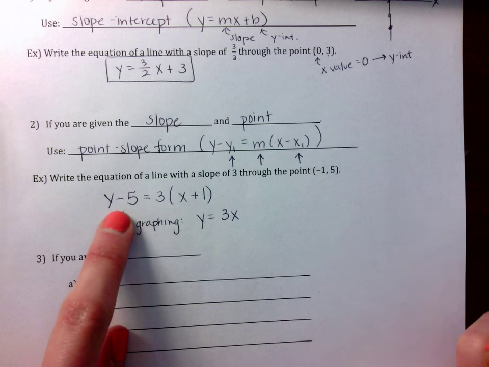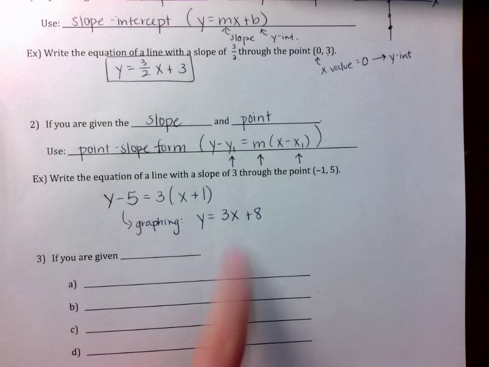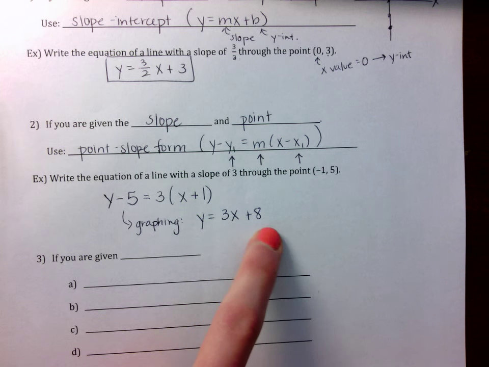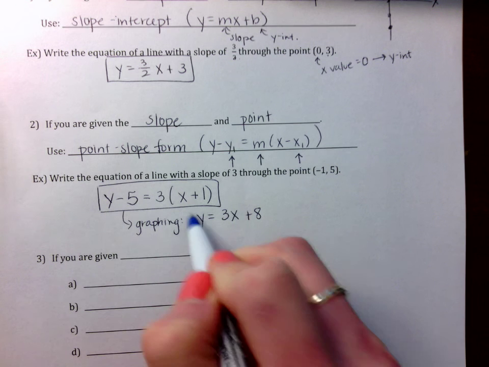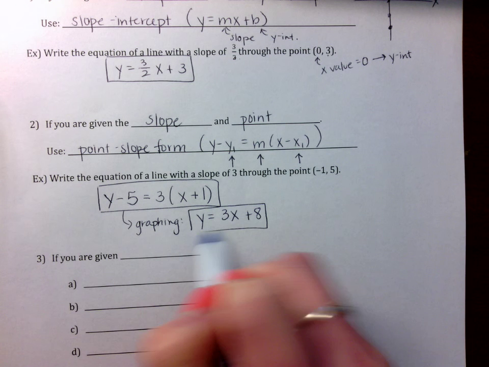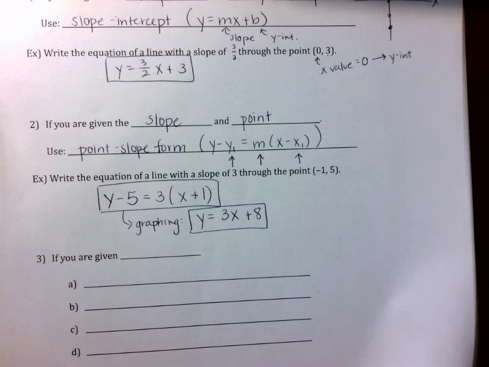Then I'd have to add plus 5. That becomes plus 8. So from this, we know that our slope is 3 and our y-intercept is 8. So either of these are acceptable answers if you're asked to write the equation of the line, but this one would be used for graphing. All right,